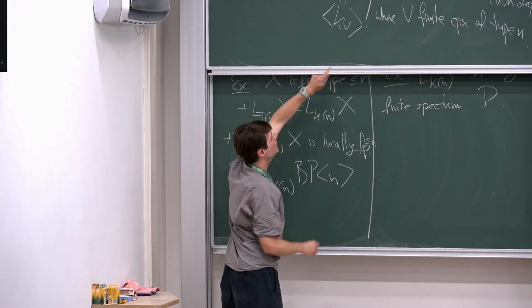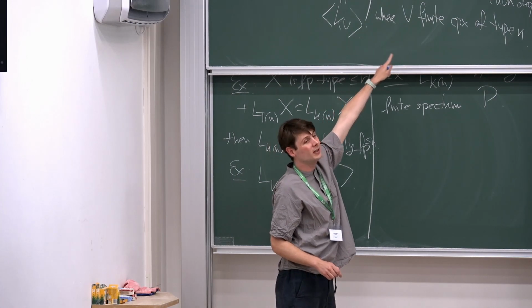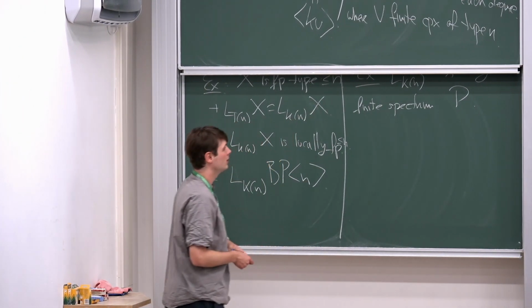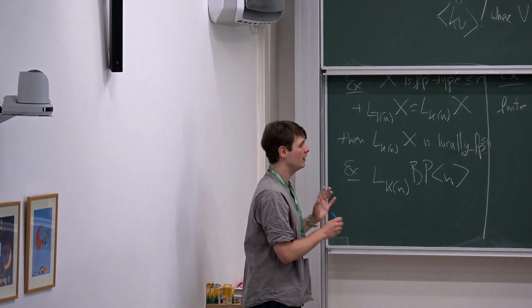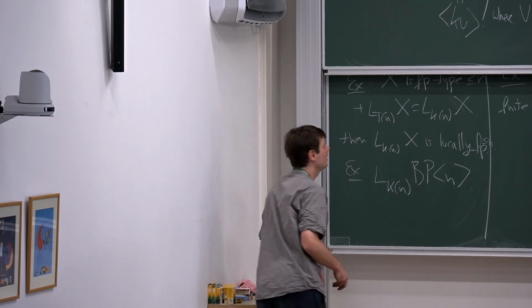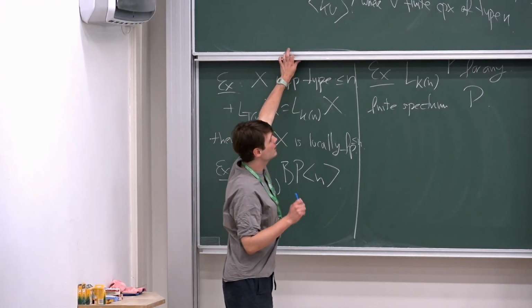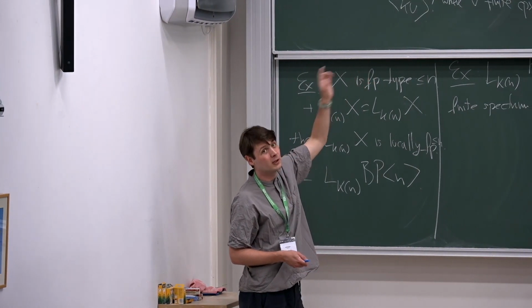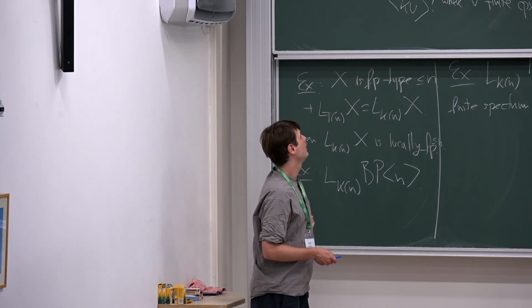So you could a priori define variants of this definition, but we really only define locally of type at most n, which in this case is also exactly n, because it cannot be more than this in the Kn local category. That's a great question. So I will only really speak of Kn local spectra which are locally fpn, by which I mean